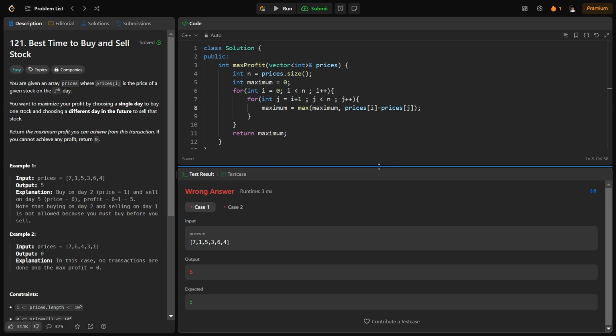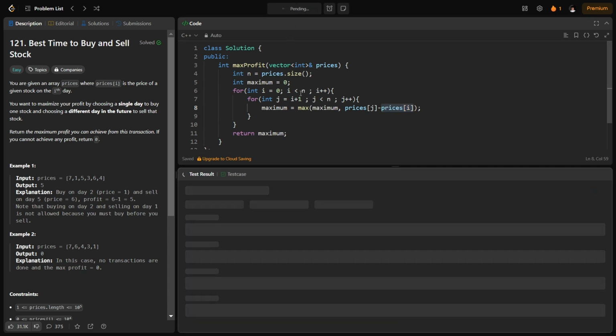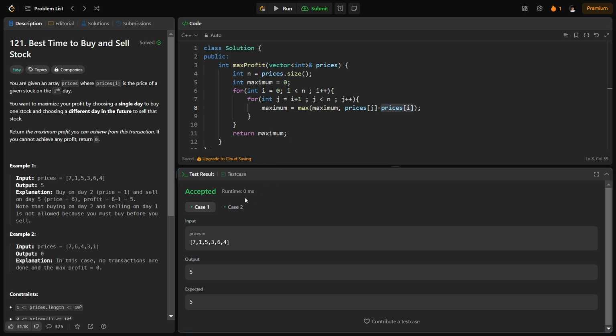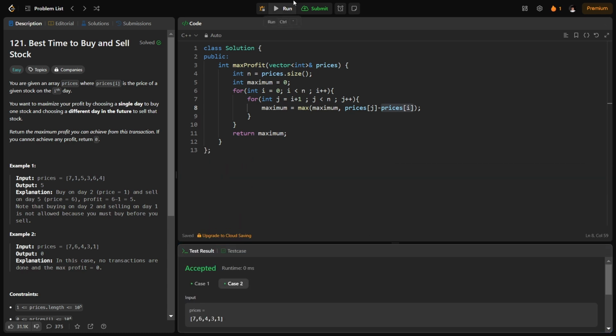Okay, where did I go wrong? Okay, so this is, I think, the opposite, j minus i. So the day you sell is the profit that you gained, minus the day you bought it is the cost that it took you. So yep, this is working, and if I submit, I would probably get a time limit